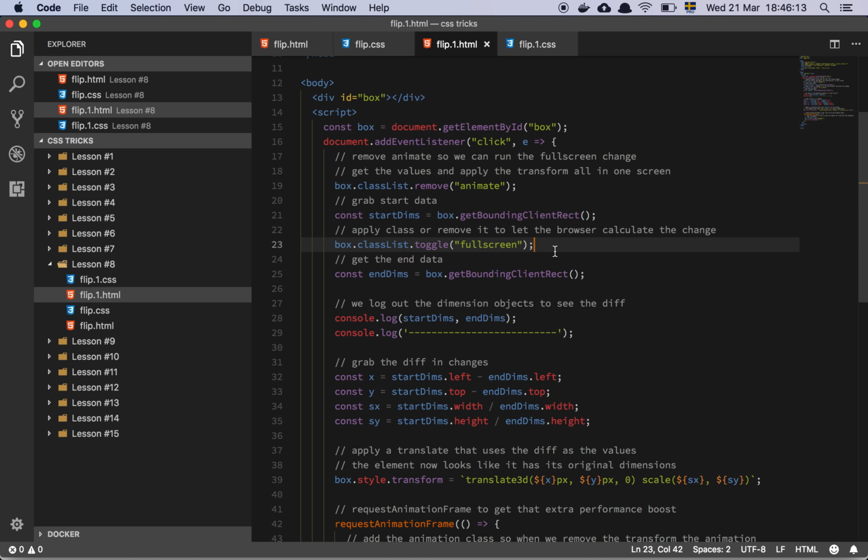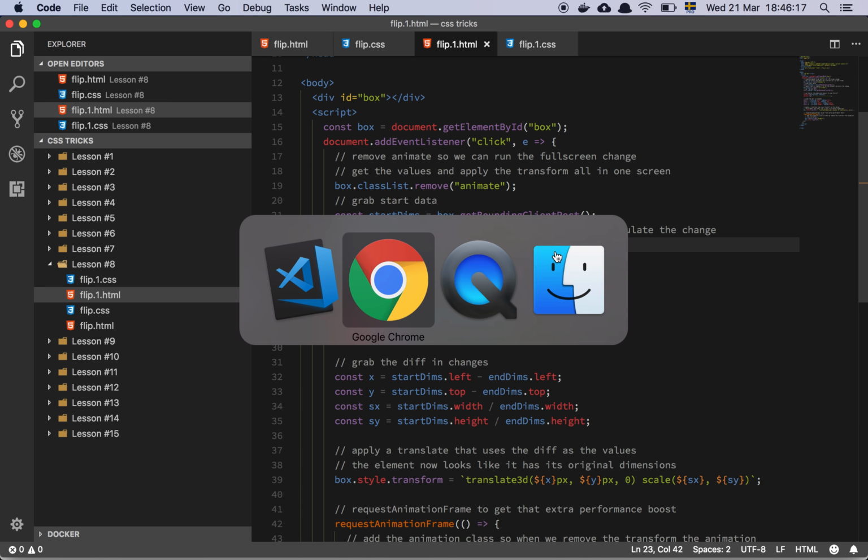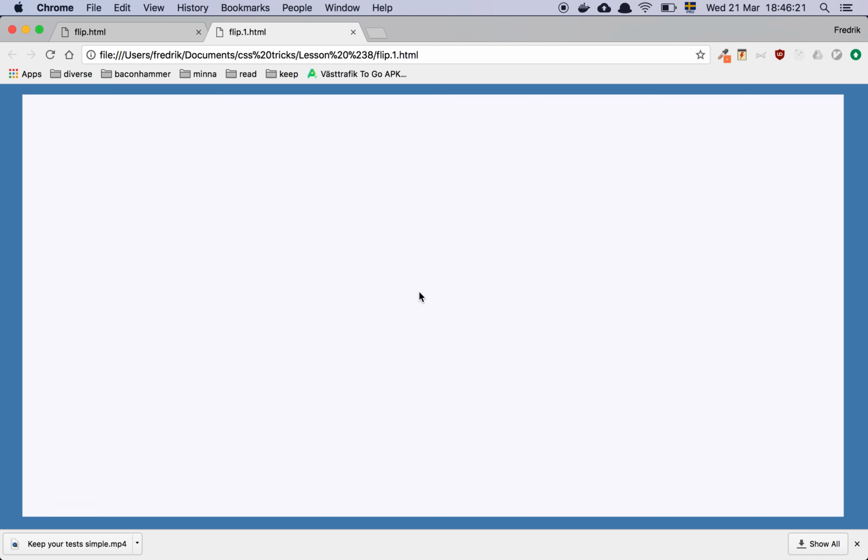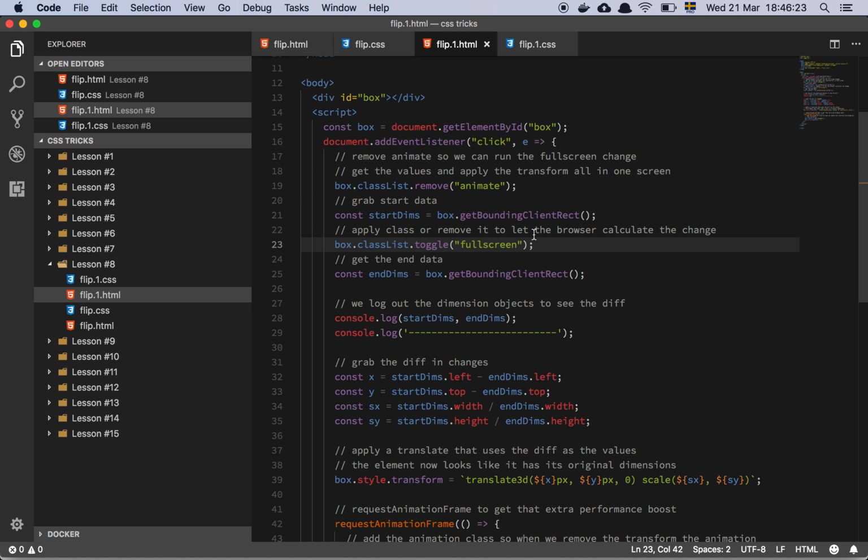element. And then we toggle full screen on and off, because if we are in our start position, like this, we toggle on the full screen or we toggle off the full screen, okay? So on and off, and then we get the end dimensions. In other words, what's just happened is that we removed the animation so that it doesn't animate, and then we